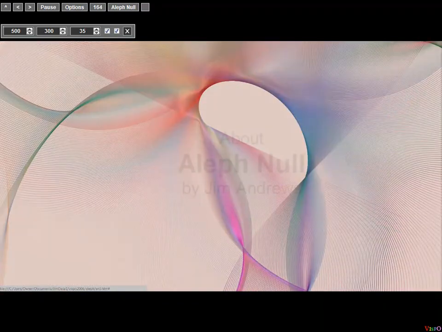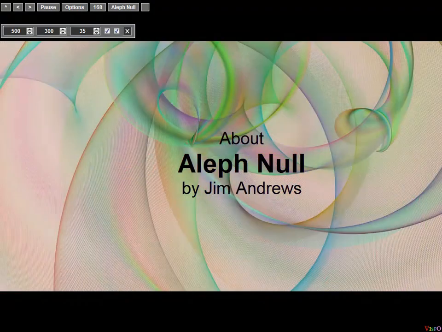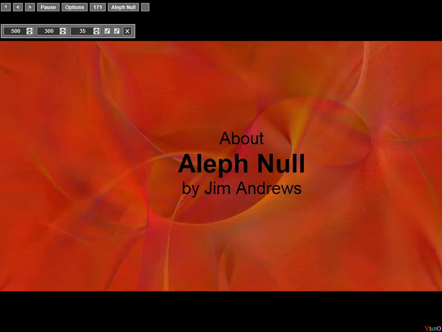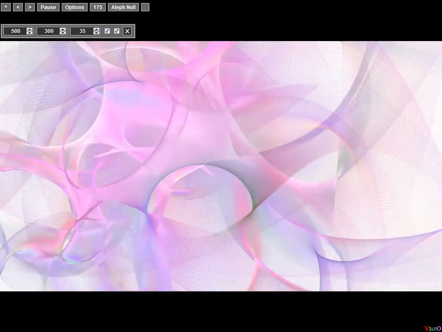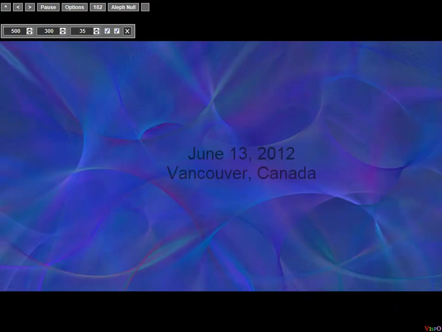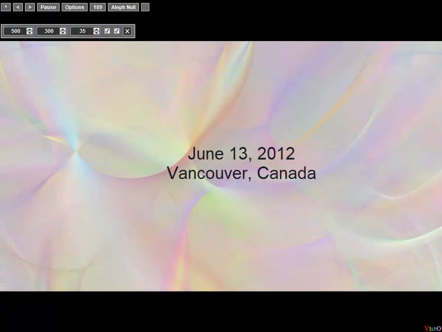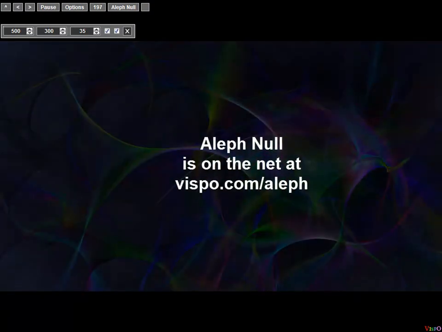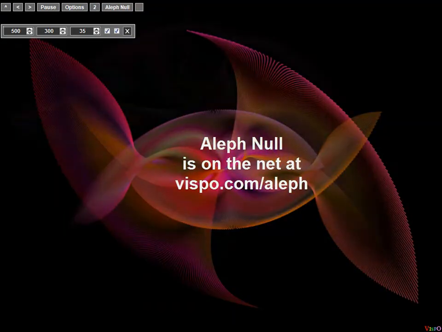What we're looking at are screenshots of Aleph Null, which is a visual interactive generative piece that I wrote in JavaScript using the HTML5 canvas tag. The screenshots give you some indication of the stylistic range that Aleph Null can display as an instrument of color